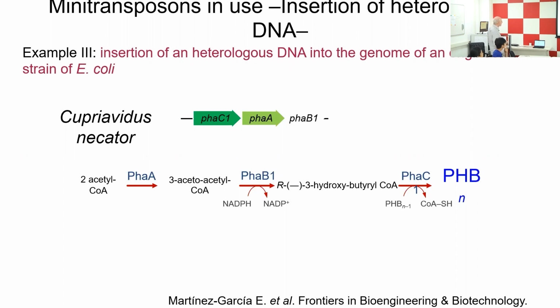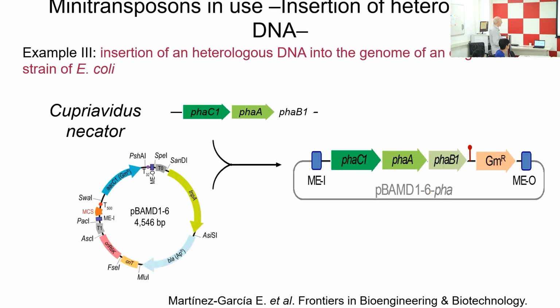That is a bioplastic that is produced by a bacterial species called Cupriavidus necator, and produce an E. coli strain able to do that at high levels, okay? And for that you need 3 genes here, A, B1, and C. So what we did was to take a fragment of the chromosome of Cupriavidus necator and insert this segment into the cloning site of a